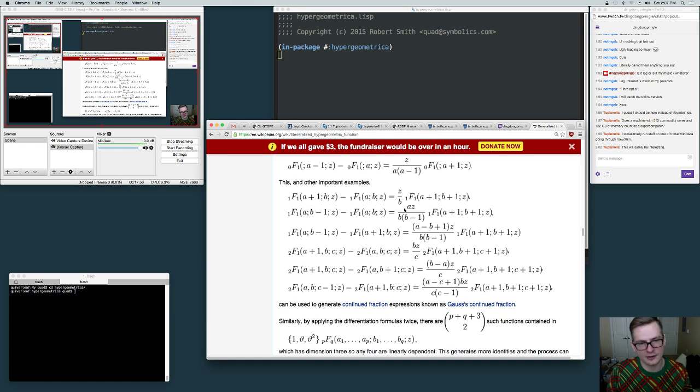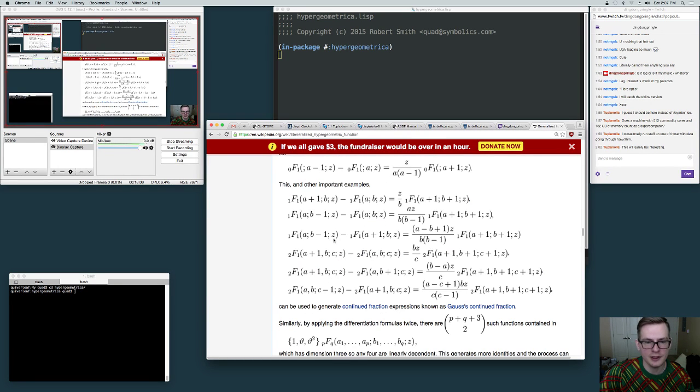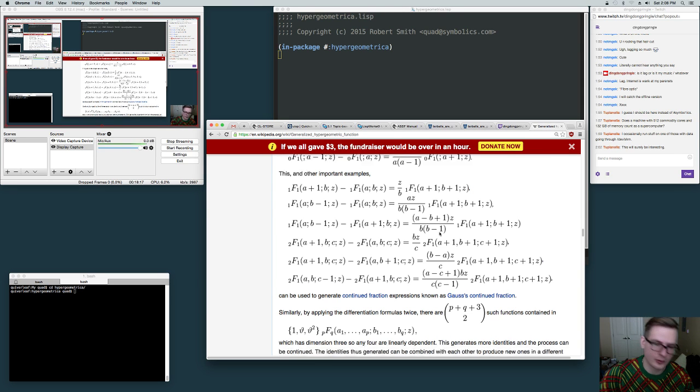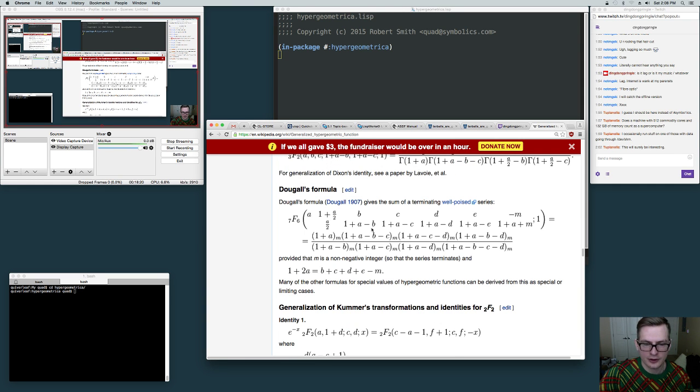We can look at them in an analytical sense as a series and do all the interesting things with them. We can do analytic continuation to make their convergence area very large. We can do all these things, but we can also look at them algebraically in terms of p-tuples and q-tuples of their parameters. And we can look at transformations between them and formally differentiate them and so on. So yeah, here's one interesting thing, Dougall's formula, which says this 7F6 hypergeometric function, whose parameters are general parameters such that it satisfies this constraint,